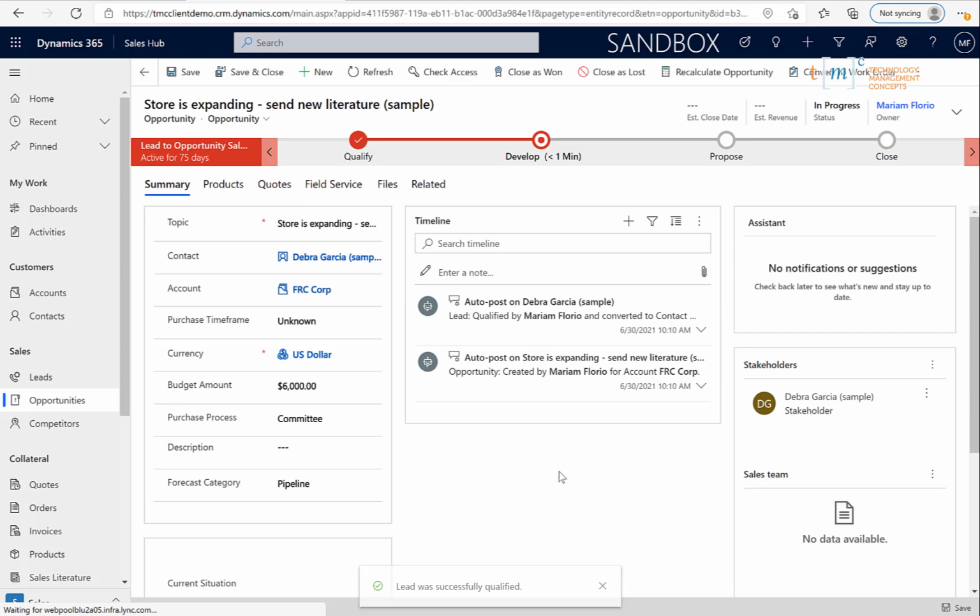Once I'm notified that the lead was qualified, the process actually moves into the develop stage for me, which you can see says it's been in for less than 1 minute. I'm looking at the sales opportunity that's been created off of the lead record. What that lead did was convert itself to a sales opportunity, create that contact in the system